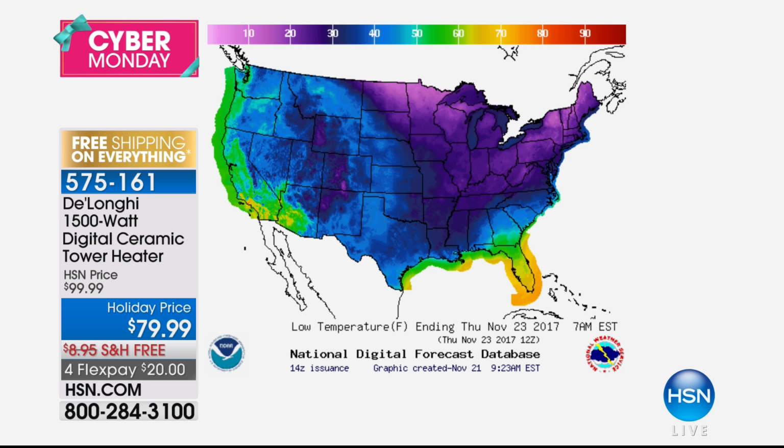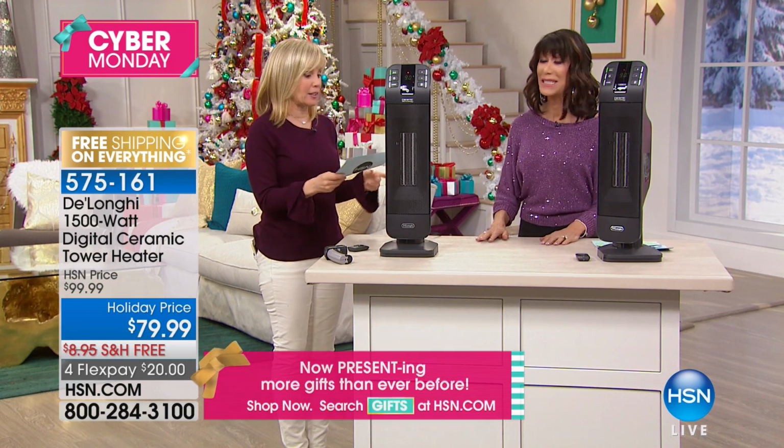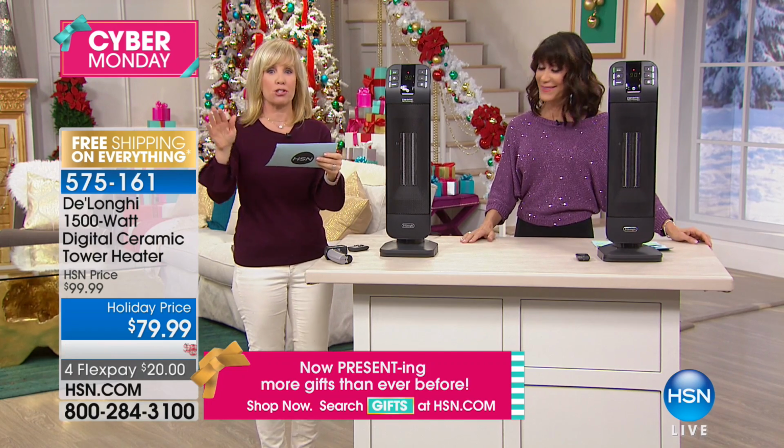And I feel like it's not even December yet. I know. It's only... and it happened so fast. So a lot of us aren't really prepared for that, right? Exactly. And just so you know, we know that you know it's cold out, but this is tomorrow's low temperatures